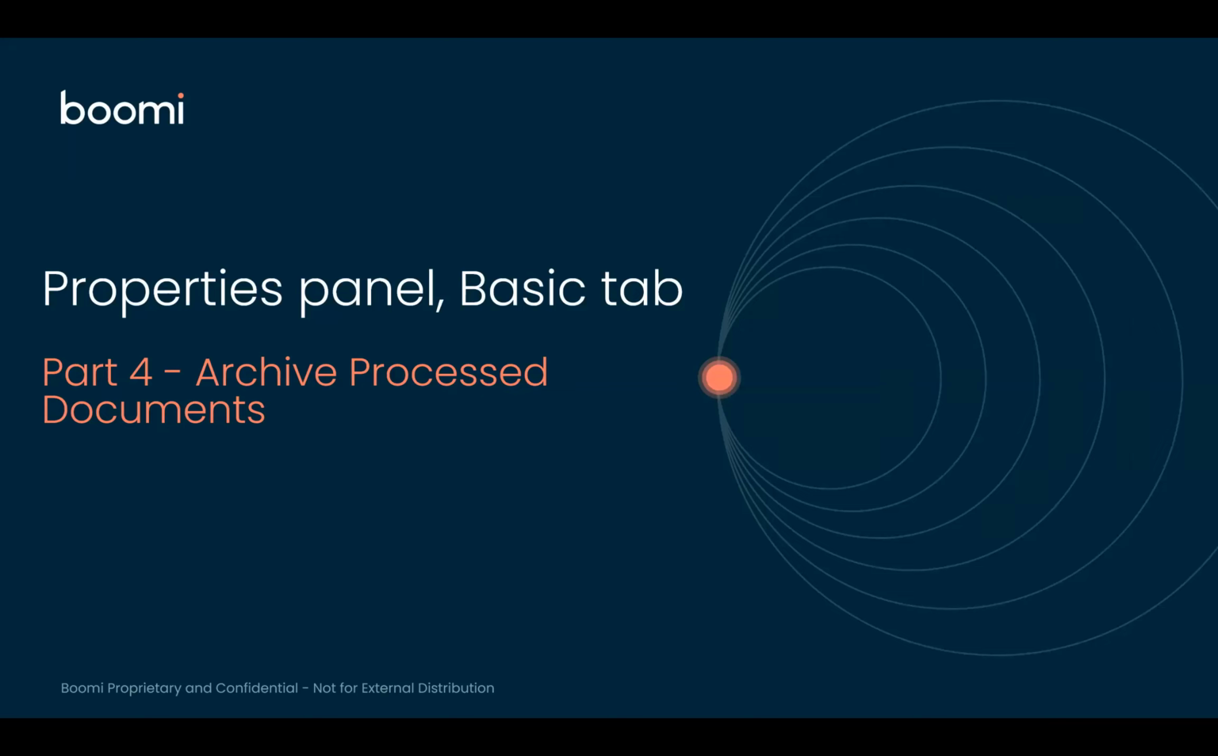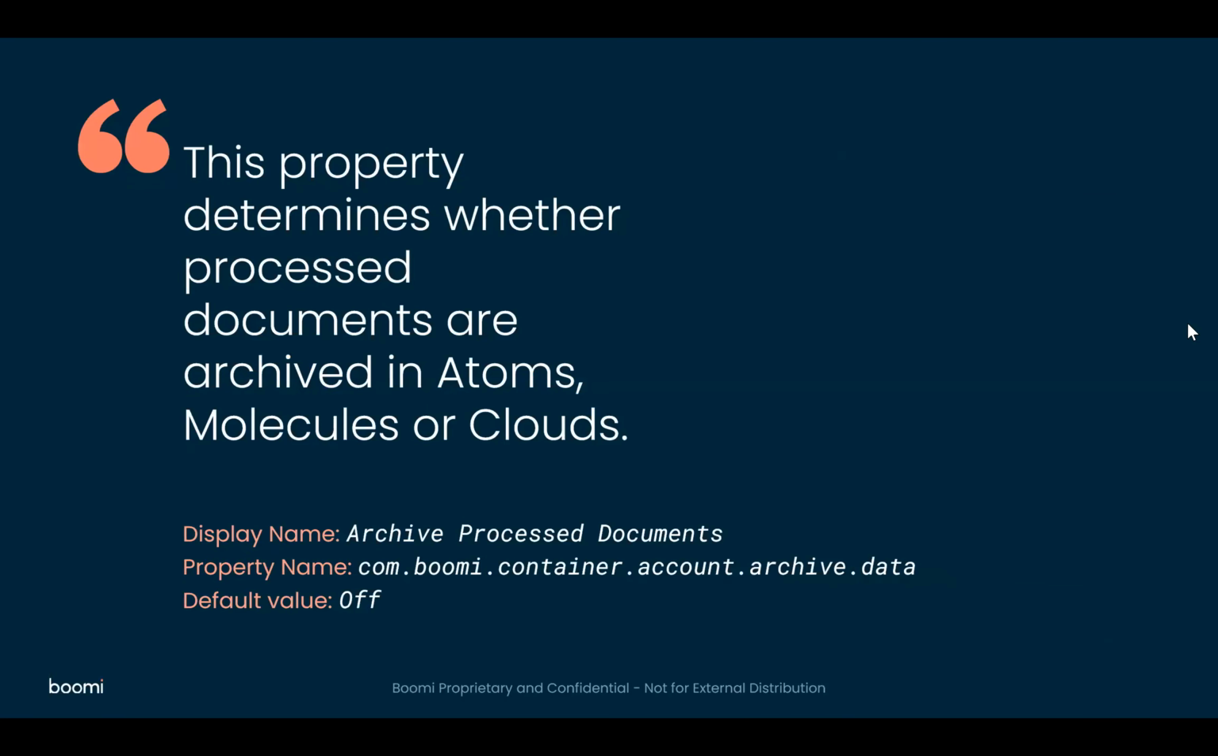This is part 4 of the Runtime Properties series, and today's property is called Archive Process Documents. As the name suggests, this property can be used to enable or disable the process document archival in your Boomi runtimes. The display name is archive process documents, and the property name within the container.properties file is